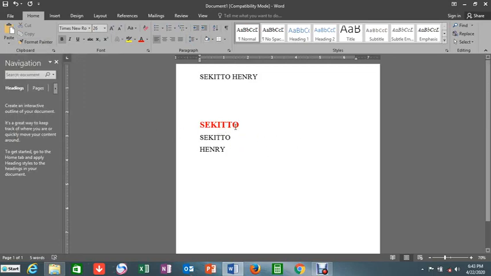Now, if I want to copy the formattings I've put onto this item, Sechito, onto, let's say, Henry, without making them from the first step to the last step I've done, I'll highlight it. Then I say Format Painter. I click on it. It is going to bring a brush. It is going to tell me that you're going to shade Henry to look similar to Sechito. So if I highlight it, it is going to be similar. That means that it is copying the formattings from Sechito to Henry.